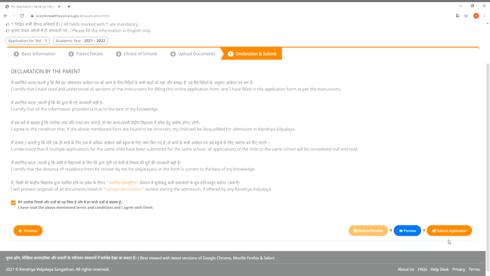Enter the OTP there, which is sent to your registered mobile, and click Verify OTP. Now the application form is submitted successfully. There you will get the application submission code, which is unique for everyone. So just copy the submission code and save it in the notepad.